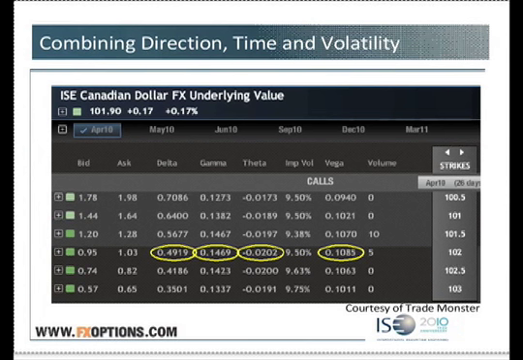We need to consider, well, how far do I think the Canadian dollar might rise? And how long of a period do I think it might take? And what's the volatility forecast look like? There's really a lot to consider. That's what makes options unique. That's what makes them different than just trading the currencies. And in my opinion, that's what makes them better. They're more interesting,